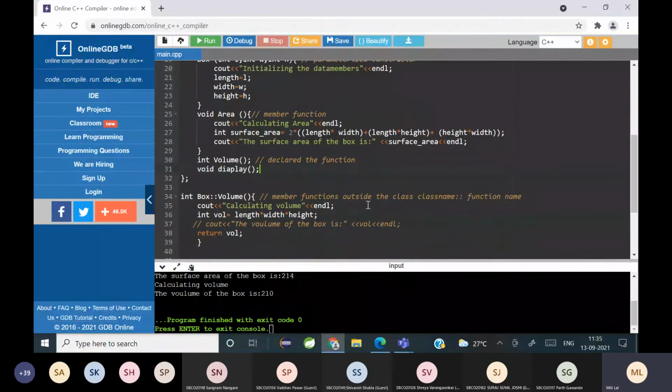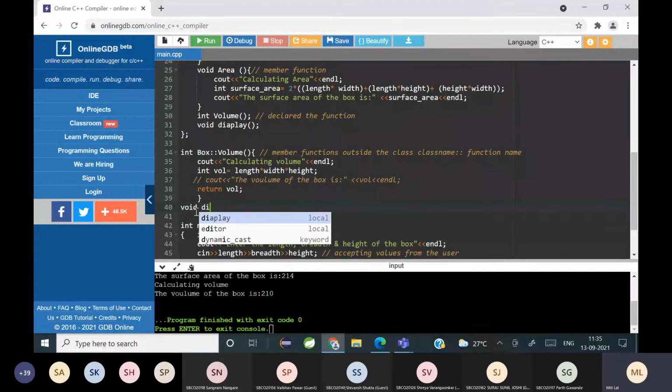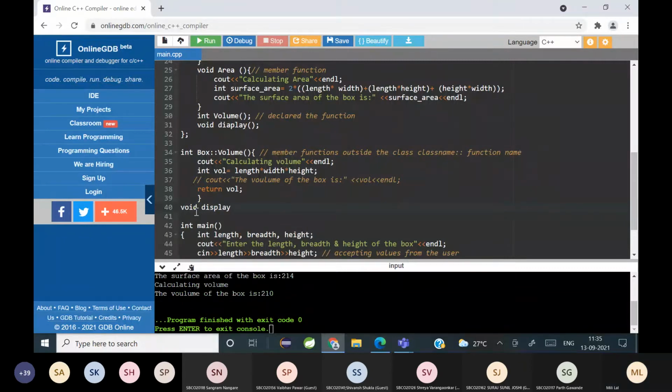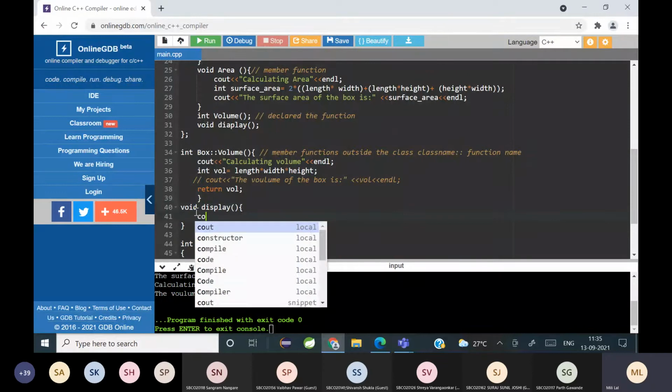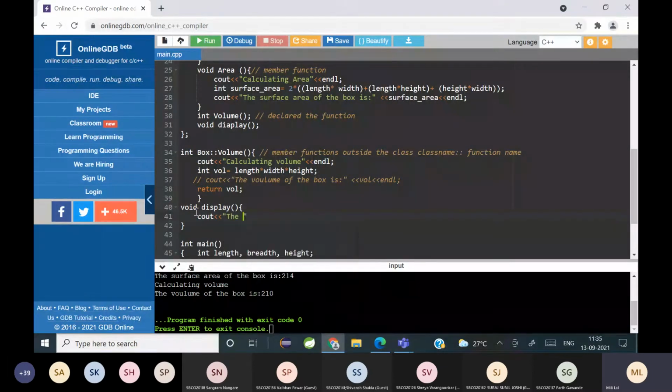Yes, I've written a function called void display here, and inside that I'm just going to write the cout statement.